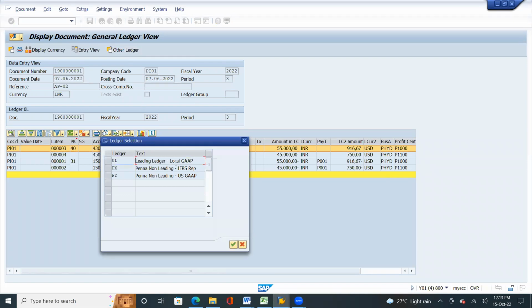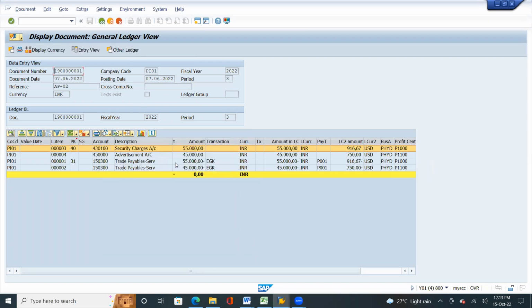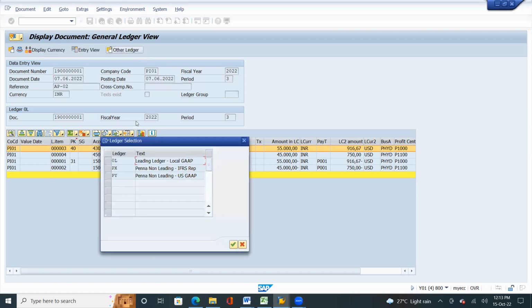And if you want to view other ledgers, this is local GAAP reporting. So when I click on local GAAP reporting, it will show you the document date when it was posted and the period. Period was 3. Means they started with April. April in the sense April, May, June. June would be the 3rd period. And next, when you go to other ledger, and if you go to the non-leading ledger with the US GAAP,